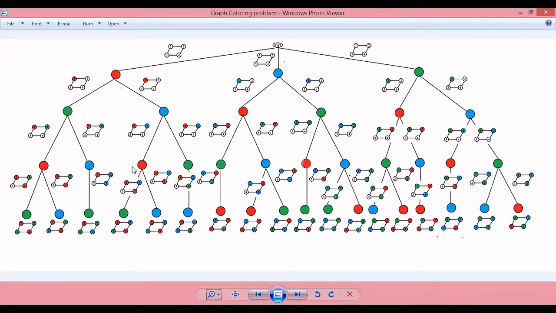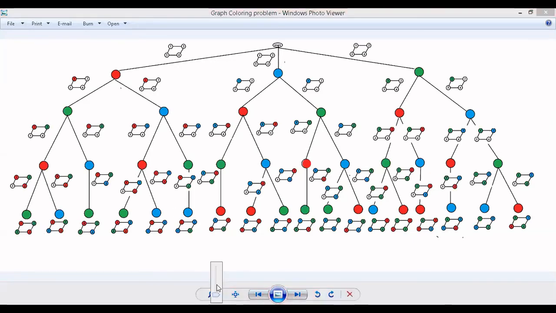There is a start node at the topmost, you see, start node. Then there is level 1. In level 1, none of the nodes is colored. Then come to the next node. We can start coloring the first node, either give it a red color or blue color or green color. That is for the first node. The next level, start with one more color such that no adjacent nodes have the same color. Like this we proceed. Now I will maximize and tell you the first 3.